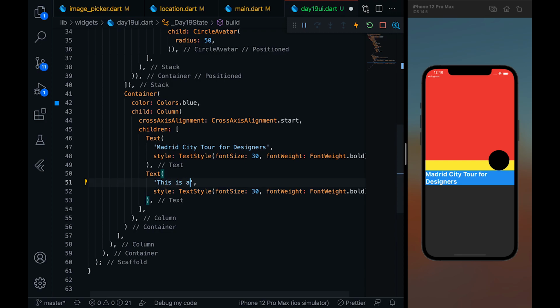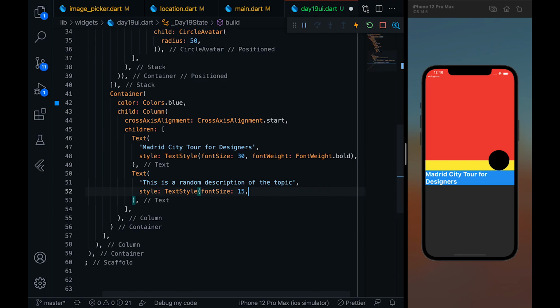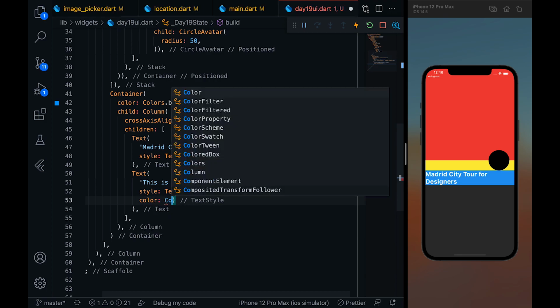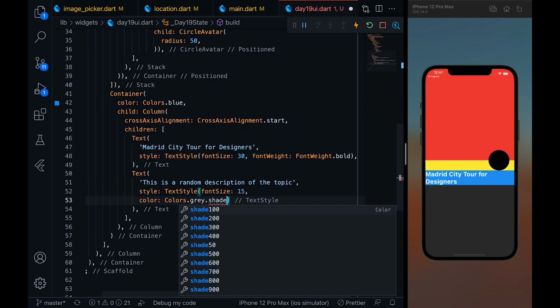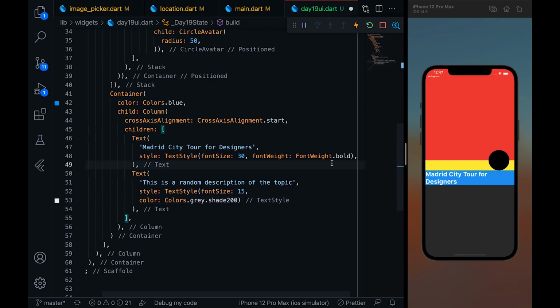This is a random description of the topic, and for this the font size will be around half, 15. It will not be bold, so let me just remove it, and the color will also be a little gray. So color will be colors dot gray dot shade 200, and now let me just save it.